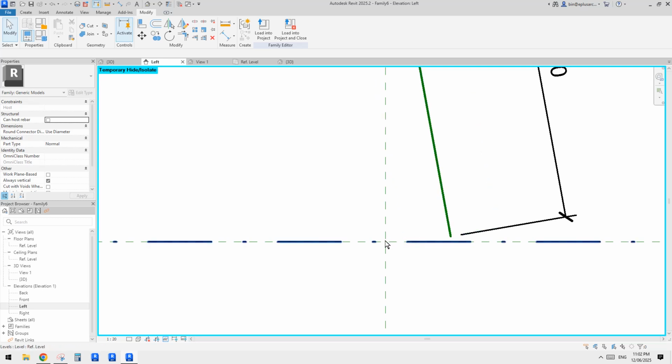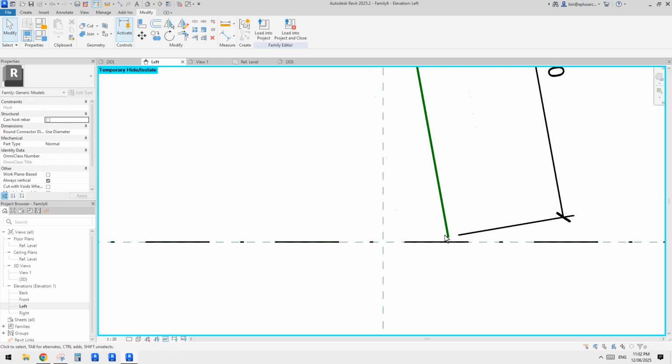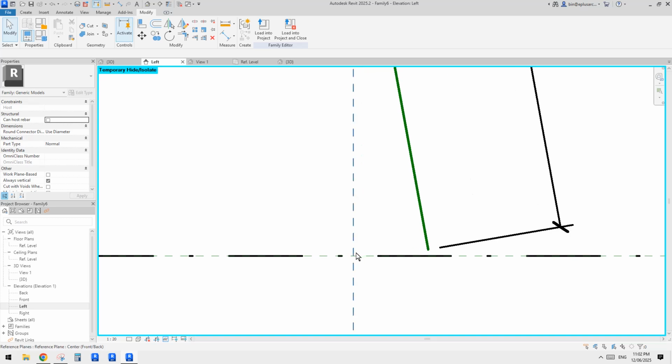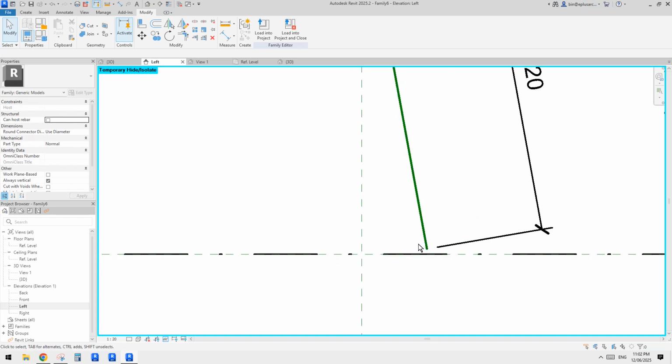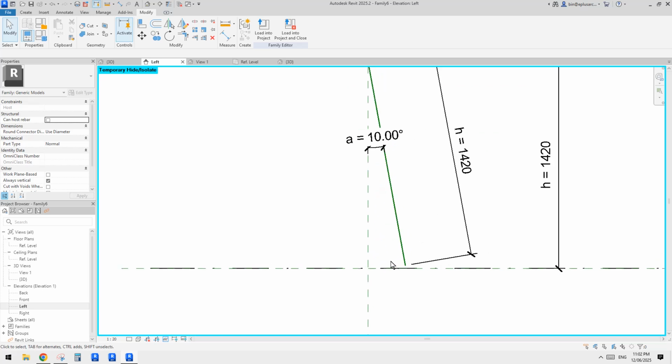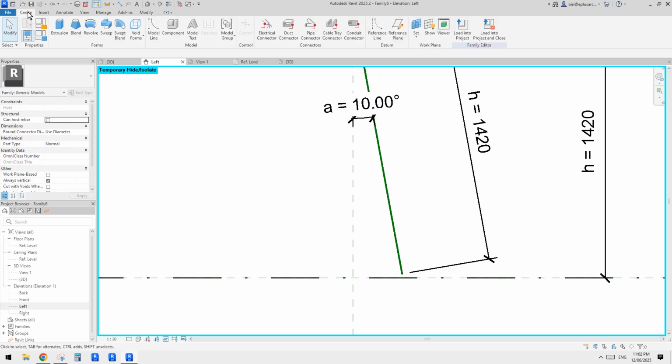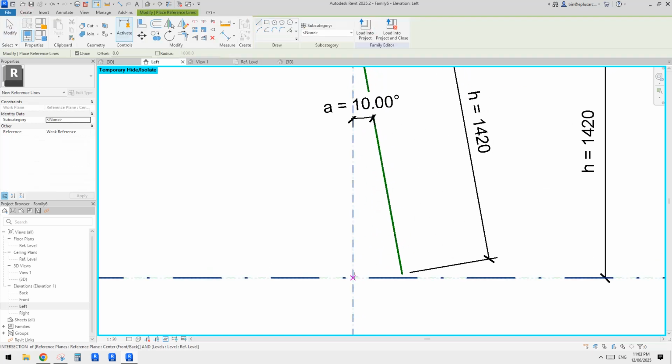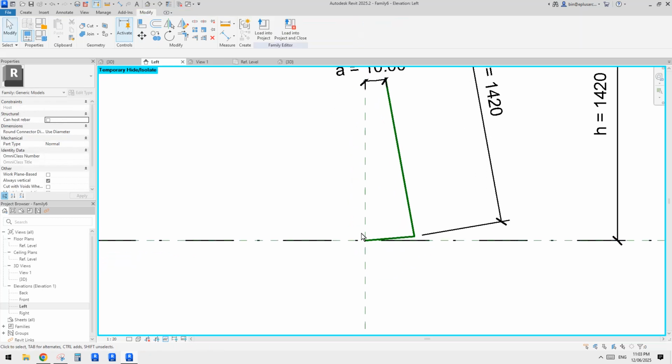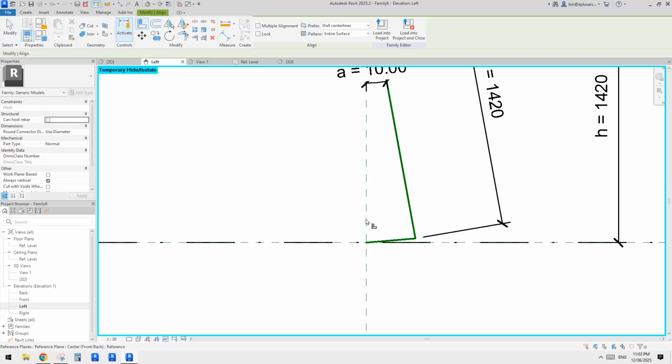There will be a plane, and we're going to use this work plane for the arm. So the arm will always sit in that work plane. Imagine that's a horizontal work plane, or if we draw a reference plane. But of course, because we have a rotation angle, we're going to use a reference line for this one. So let's create a reference line from this to here. I'm going to lock the end pointer onto